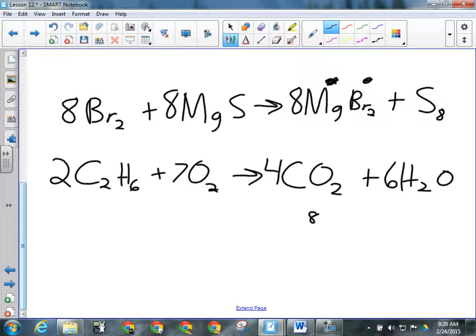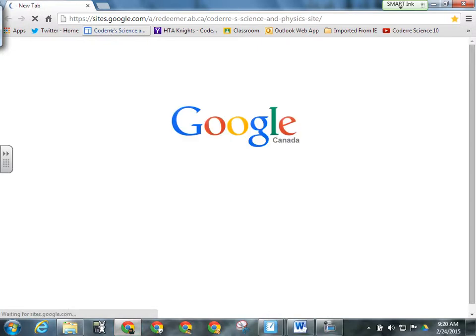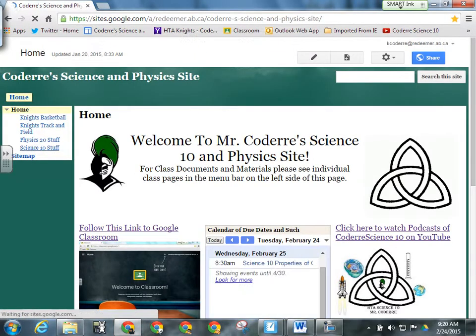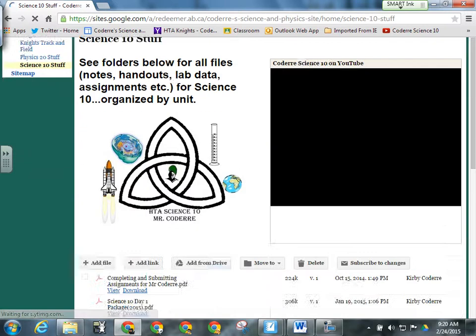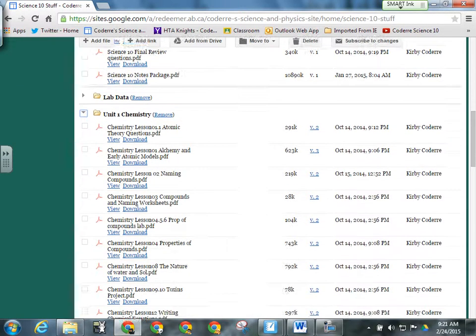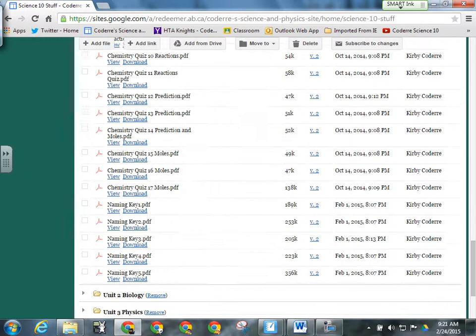It's not like doing the naming. Each time you do a reaction, check the key. Where can you find the key? The key is on my website. If you go to the website, you click on Science 10 stuff right here, same place where everything is. Click on the chemistry folder, and then you'll want to go down to where it says Keys to All Reaction Worksheets,